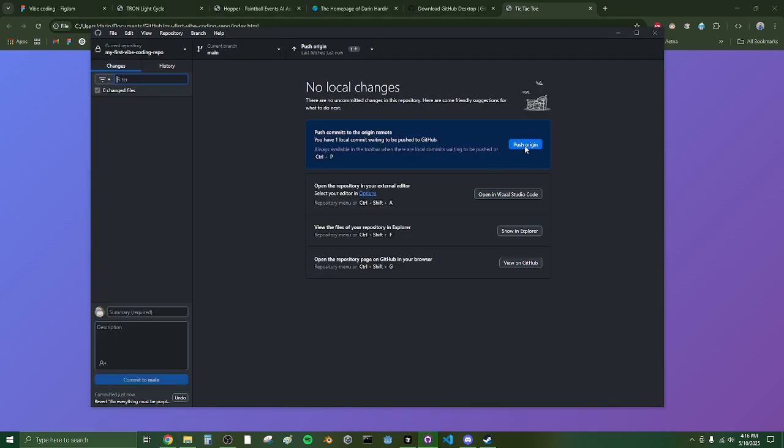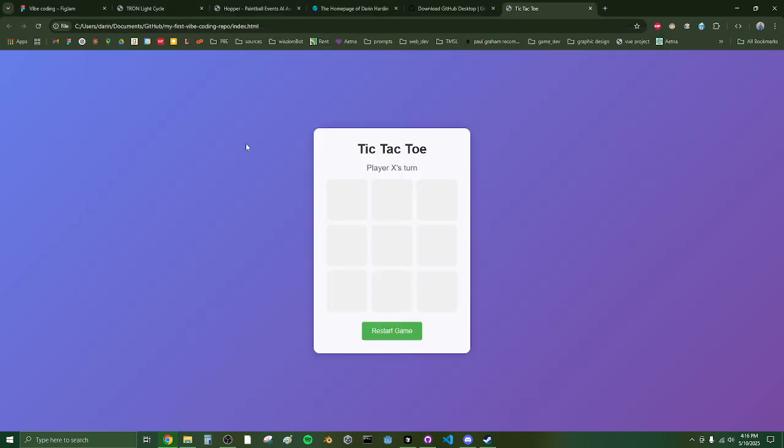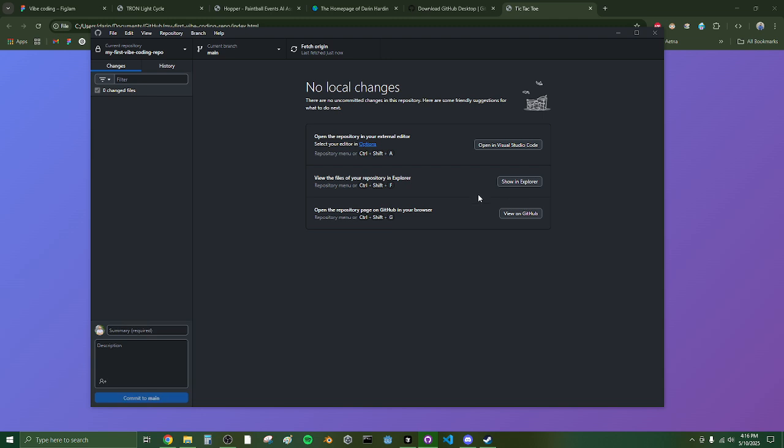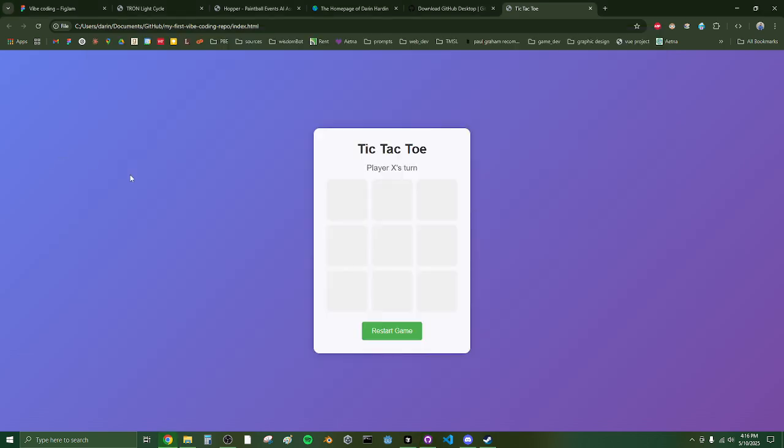Because this is what we want for right now. This is the version of the project that's not purple. This is what I want. I'm going to go ahead and push that code back to my remote copy of the repo in the cloud. And yeah, I guess the last thing I'll add is that you might